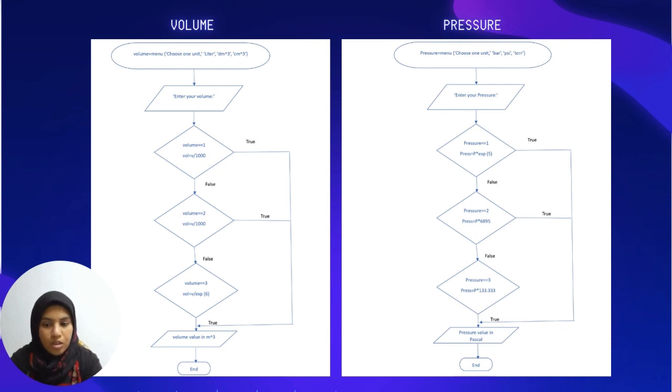Then volume equal to 3, it will convert the centimeter cube into meter cube. Value for volume in meter cube will be shown as the output. This is the end of the volume unit conversion. Next, for the unit conversion for pressure,